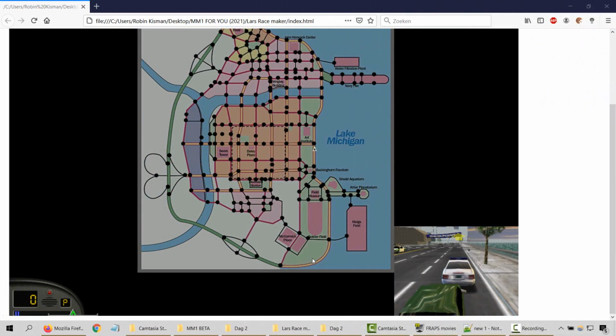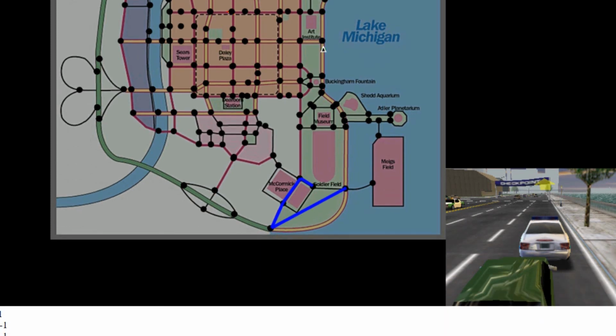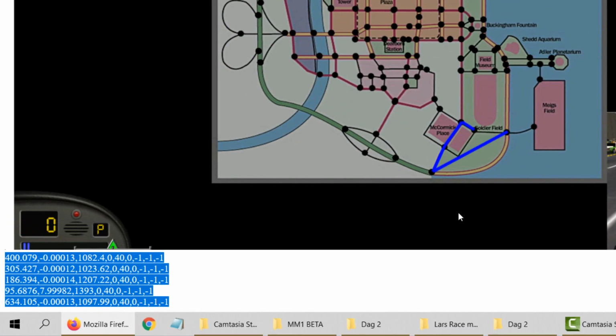Now let's create an example circuit race so you can see how that is done. Suppose we want to have the starting position over here. We can find it with the learned methods. So we can just imagine that, and then we go from here. We want a race to be like this, this, this, and then this. And then we would like to end here as well. So what we do is we